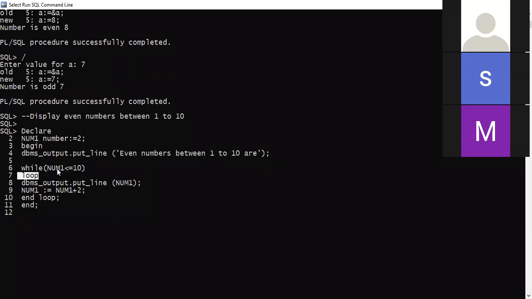Always loop. After while and then the condition, I have to say loop. Loop indicates the beginning of the loop. There is no bracket used here, so I have to use the word loop instead of a bracket. Then whatever is there in between loop and end loop